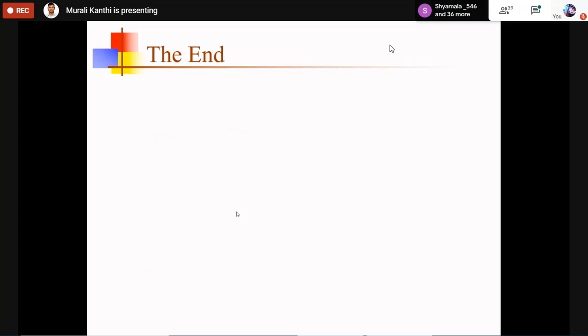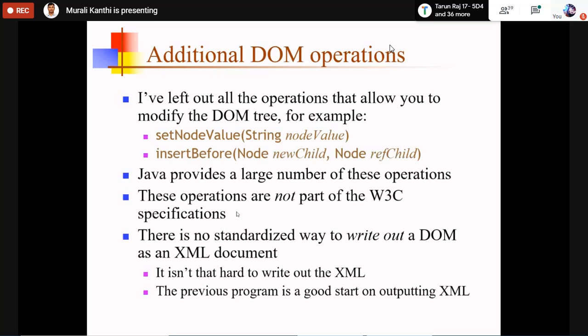Okay, so with this the DOM parser is completed. In this we have seen the introduction to DOM, the differences between DOM and SAX, the syntax of DOM, implementation in Java, and what objects are required.